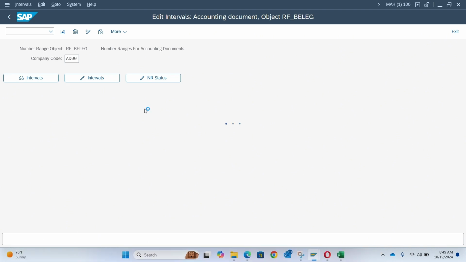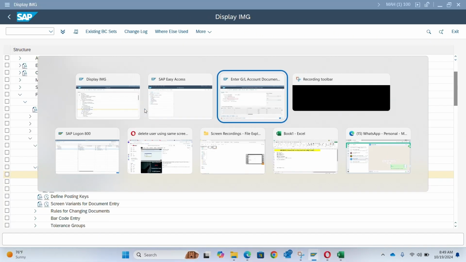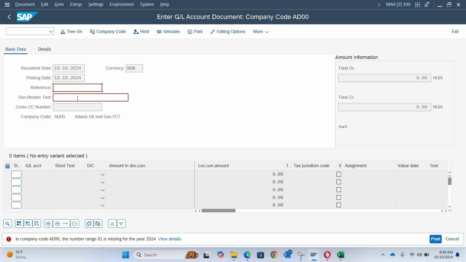So I've done this now. By the time you go back to that transaction, it will not be flagging you this error again. If I click enter now, this error will disappear. You can see the error has gone. Another error that is coming up again is no amount tolerance range entered for company code. It's a warning actually. It's a warning. This error